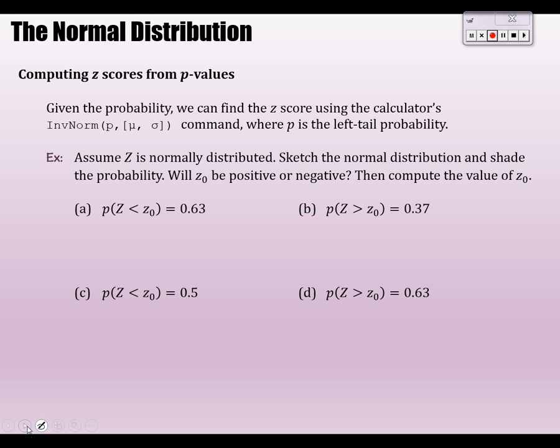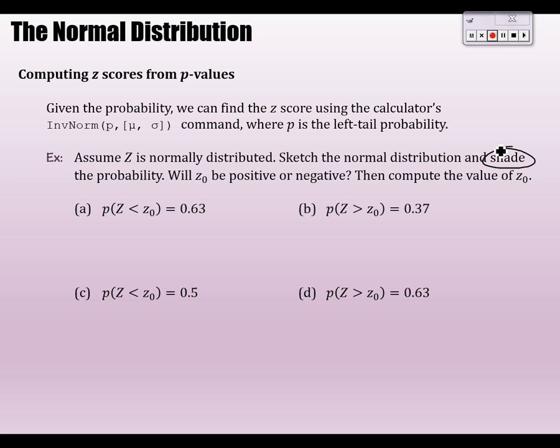And the thing I didn't say, but I said, hey, check the notes, it's not hard, it's just typing in the calculator command, is how to do these where we give you a p-value and I'd like you to come up with a z-score. For these especially, I think it's helpful to shade because, for some reason, going forward is easier, right? So for instance, on this first one here,